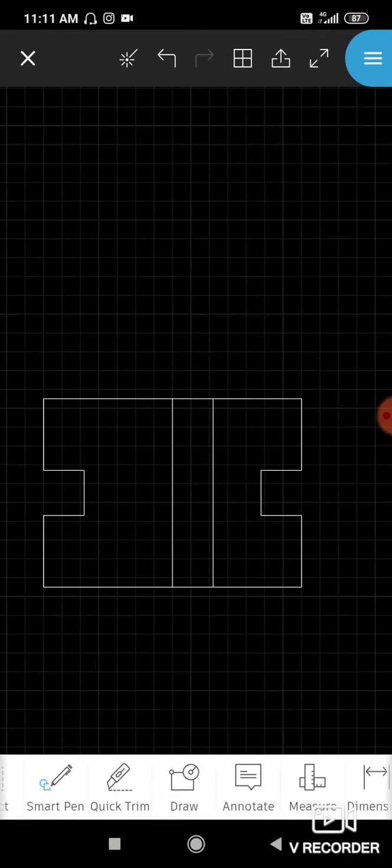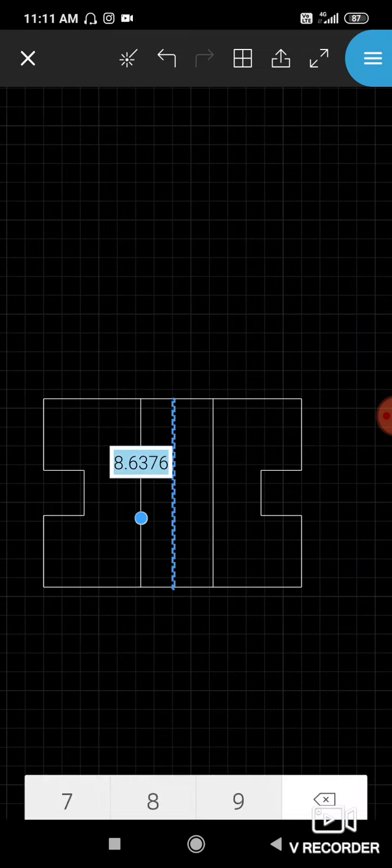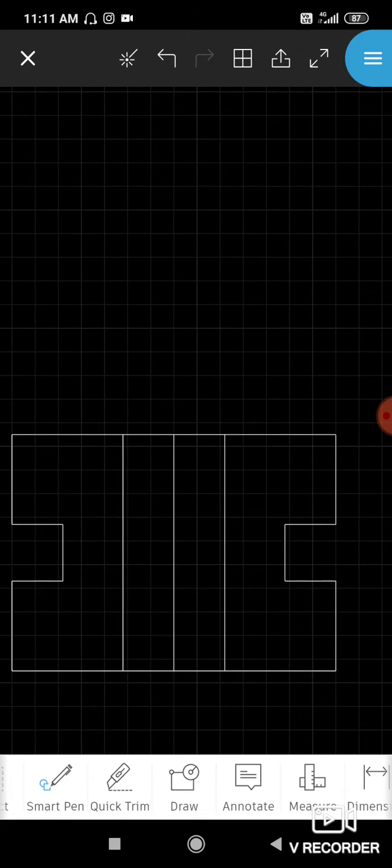Again select this line, offset command. Now left side 11 distance, done. Now we can see the top view has been completed.